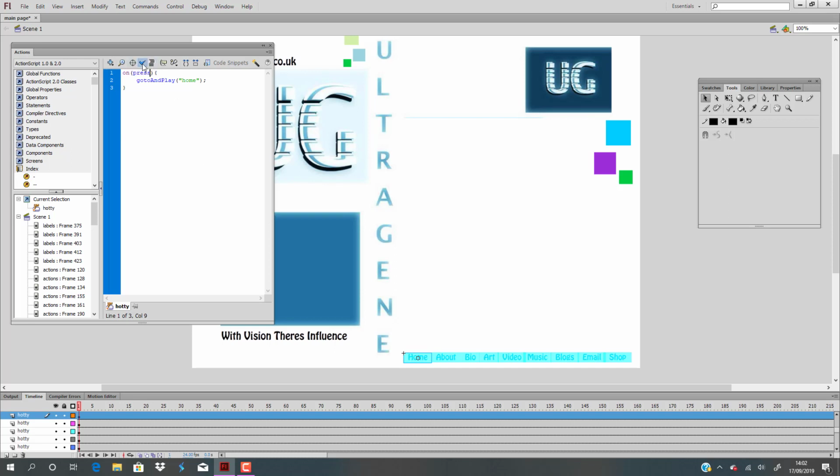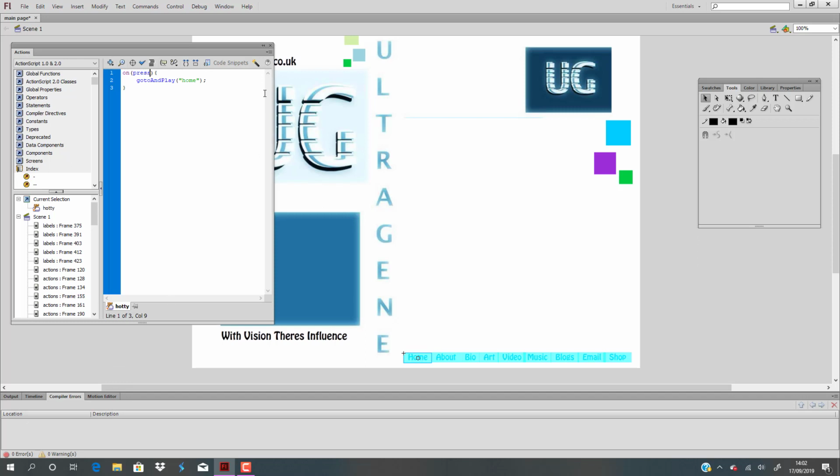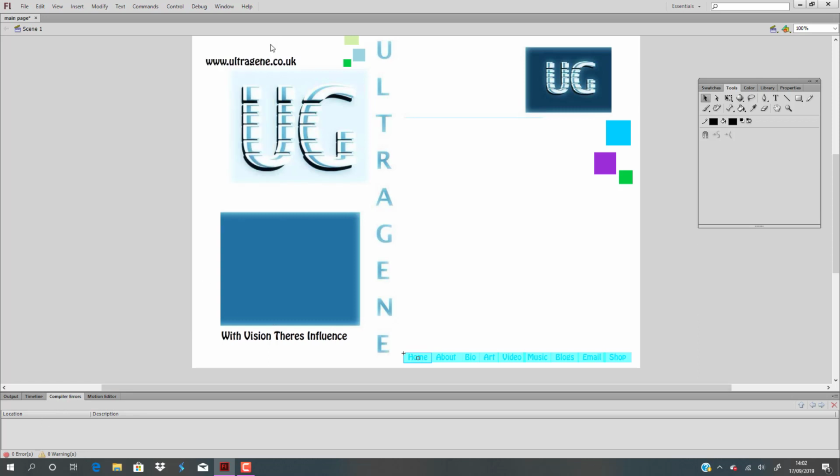This button here, test your code, means the code's exact with no compiler errors, and it basically tells you what to add as code if it's wrong code. If I then show you